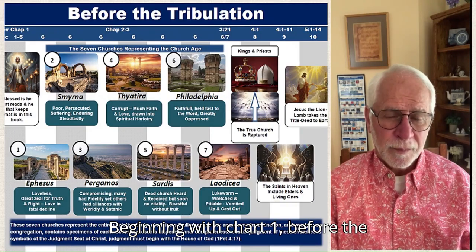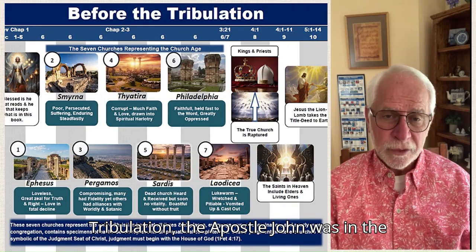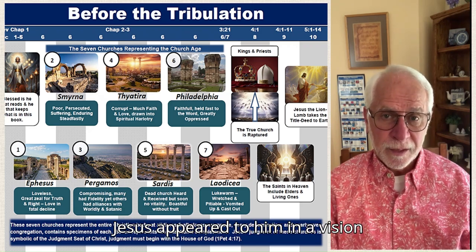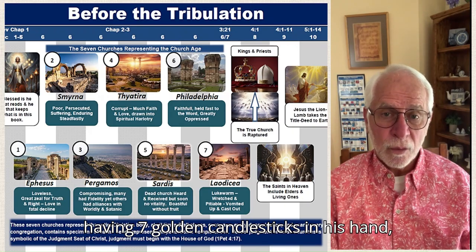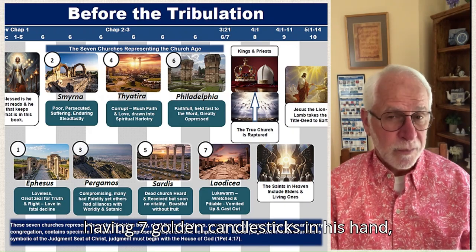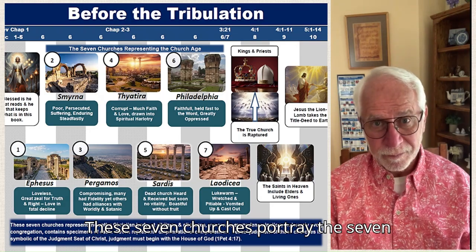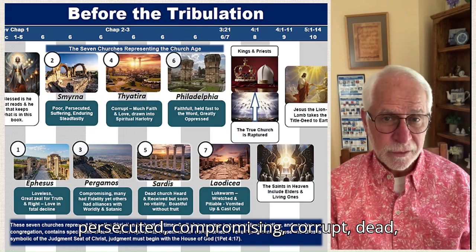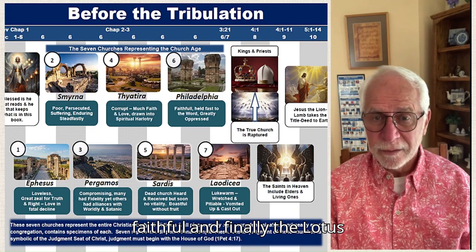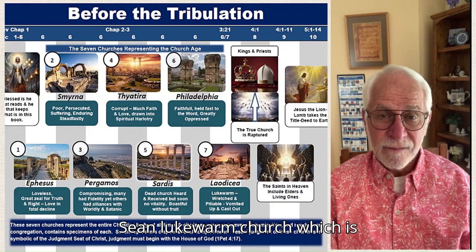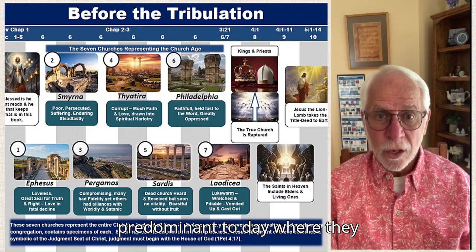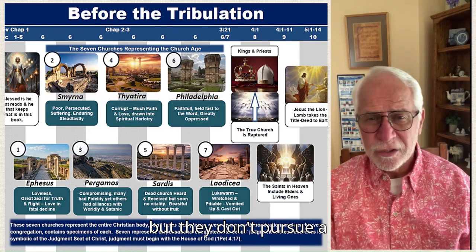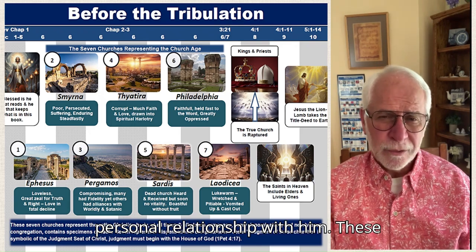Beginning with chart 1, before the tribulation, the Apostle John was in the Spirit on the island of Patmos when Jesus appeared to him in a vision, having 7 golden candlesticks in his hand, symbolizing the 7 churches of Asia. These 7 churches portray the 7 phases of church history: loveless, persecuted, compromising, corrupt, dead, faithful, and finally, the Laodicean lukewarm church, which is predominant today, where they recognize Jesus as the Messiah, but they don't pursue a personal relationship